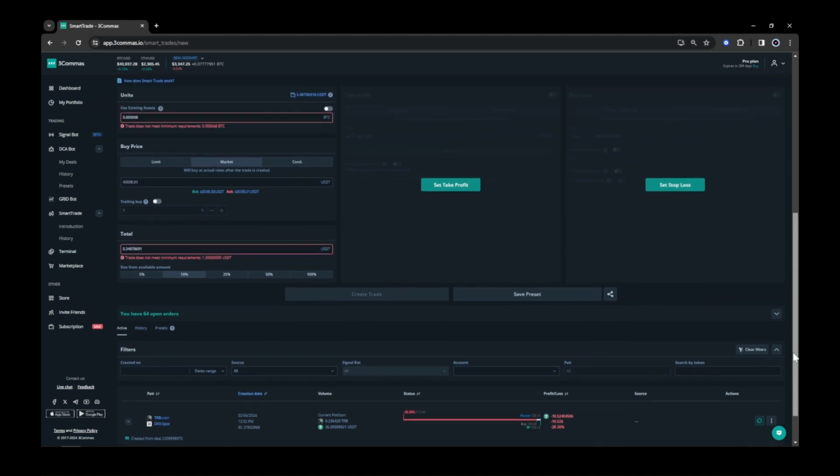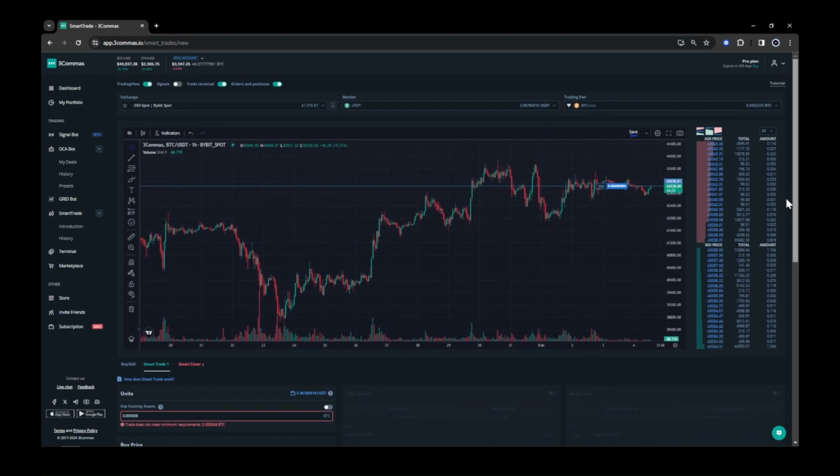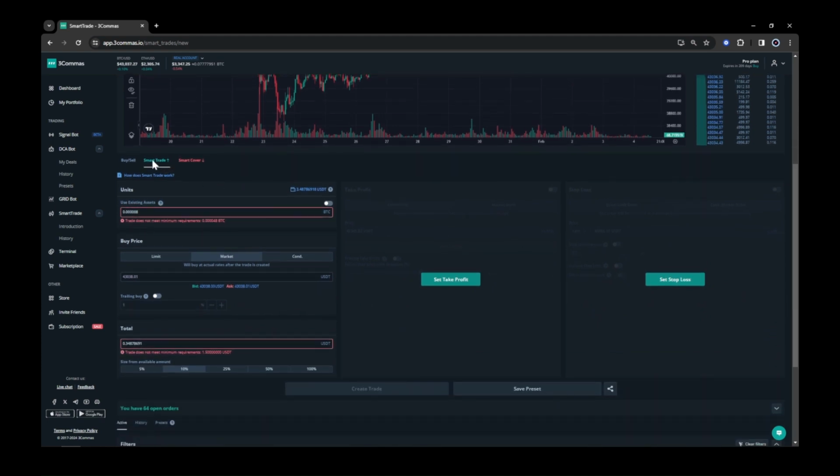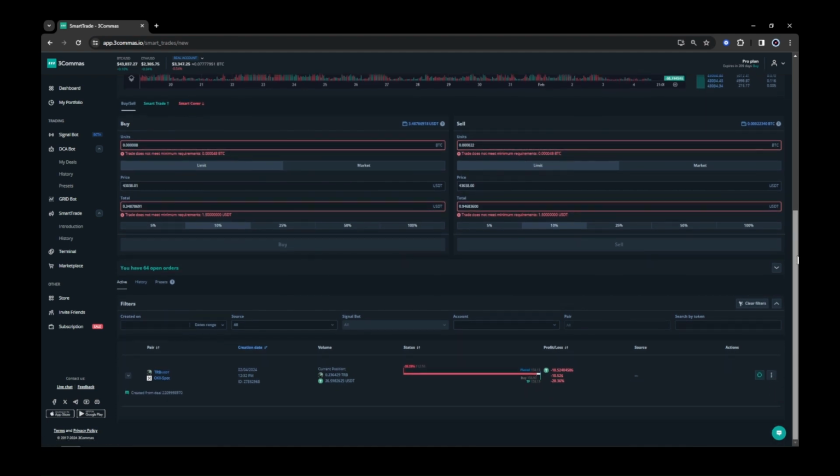Now, the SmartTrade is actually yet another set of features you can utilize in 3Commas, and you can set up your smart trades from the very beginning to create a long and short order. You can trade on futures, you can trade on spot. It's a separate discussion. Now I just want to go back to the SmartTrade we ended up with because of this transfer of the DCA bot to the SmartTrade. So this is what we ended up with. The menu looks kind of familiar here, the interface. And here, if I edit it,